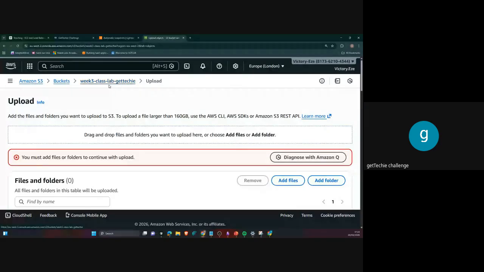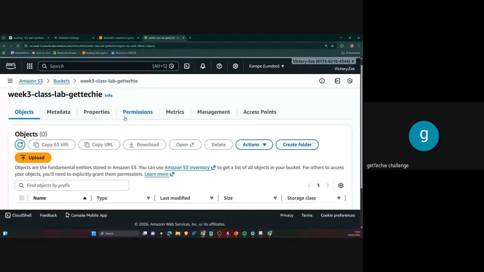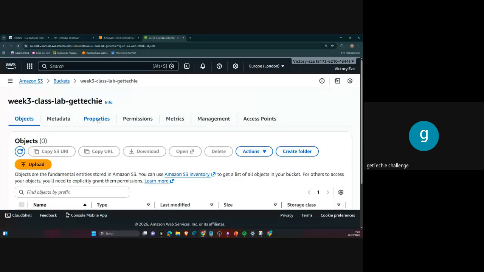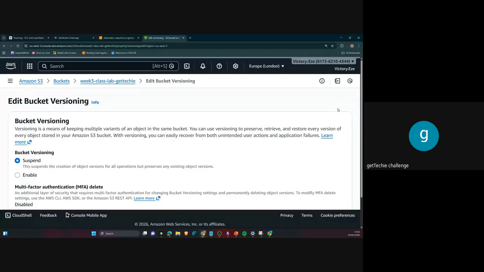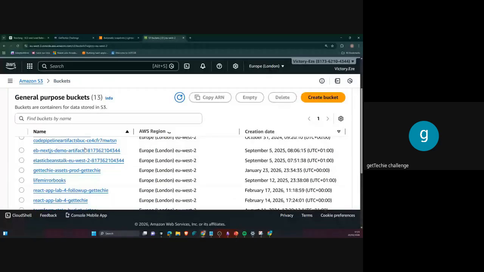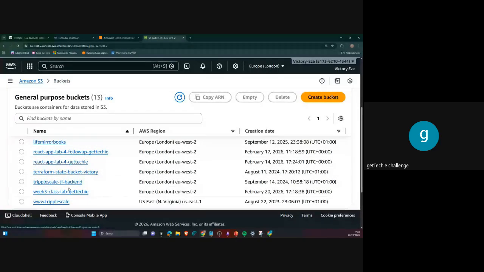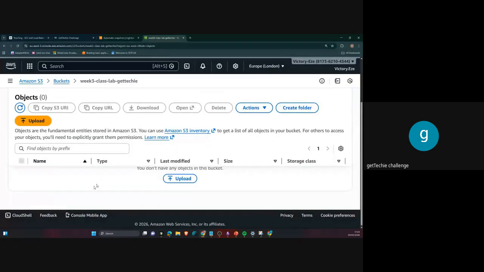I told you another thing: if you enable bucket versioning, this is what I'll be uploading now. So I'll go back to the properties of this bucket. I'll click on properties. Can you see this bucket versioning? We did enable it initially, but before I enable bucket versioning, let me come back to my bucket again, so that you will see it, so that I don't say I said it and did not do it. I'm going to click on this.